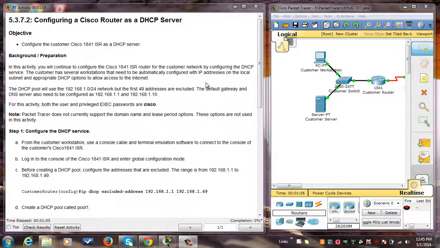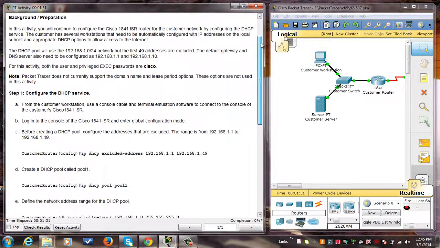Okay, in this video we're going to look at an activity. It's 5.3.7.2. It's calling it configuring a Cisco router as a DHCP server. The objective of this video is to configure the customer Cisco 1841 ISR as a DHCP server. Okay, so the first thing we're going to do is look at the activity and